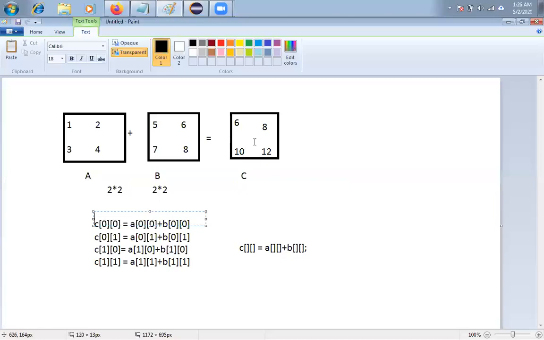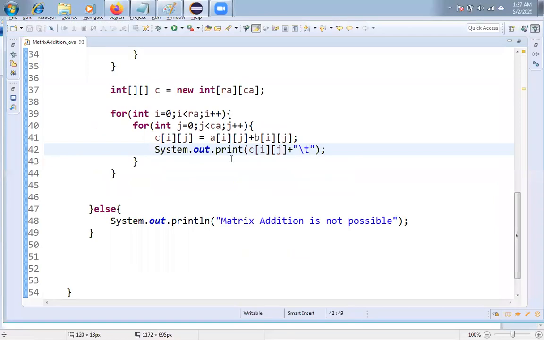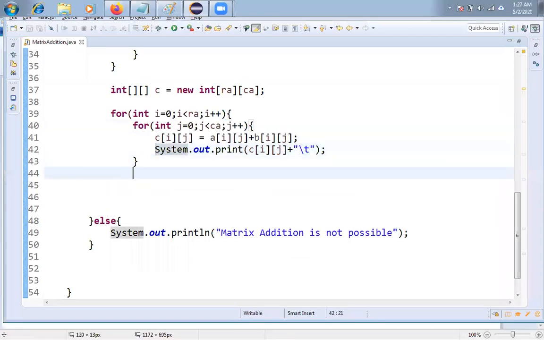So what is the meaning? Each and every row we have to print in the next line. So that is the reason once this for loop is executed, I am moving to the next line. How are we moving, friends? I am just giving a system.out.println. Because of ln, you will get one new line, and I am giving one more slash n. So in total you will get 2 lines.